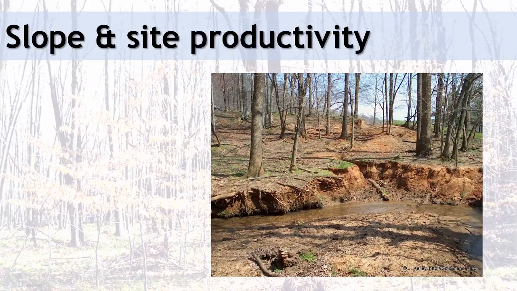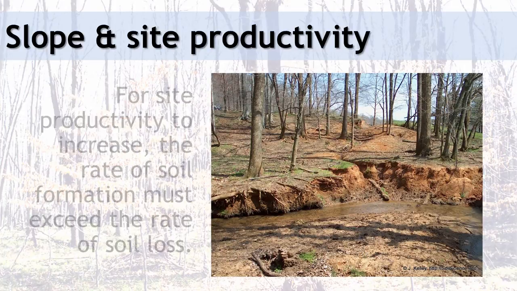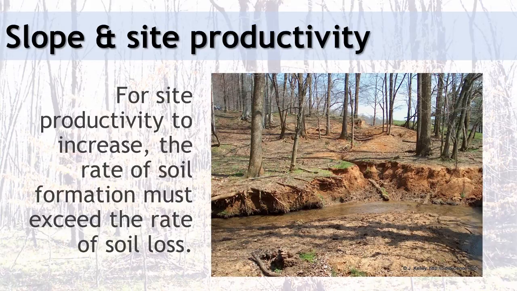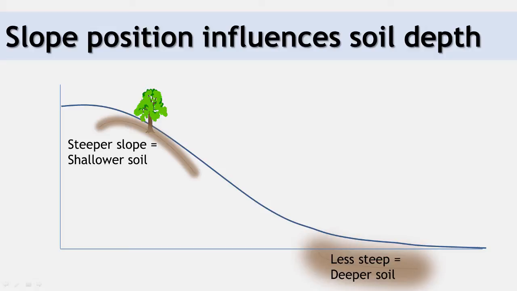On most forest sites, soil builds up over time as organic matter, like leaves, decomposes. On steep slopes, however, soil loss from erosion may actually occur at a faster rate than soil is forming. For site productivity to increase, the rate of soil formation must exceed the rate of soil loss from erosion over time. Soil depth also varies over the length of a slope. Soils are generally deeper at the bottom of a slope and shallower at the top. Over time, upper slopes experience more soil loss from erosion and therefore have shallower soils than areas downslope where soil